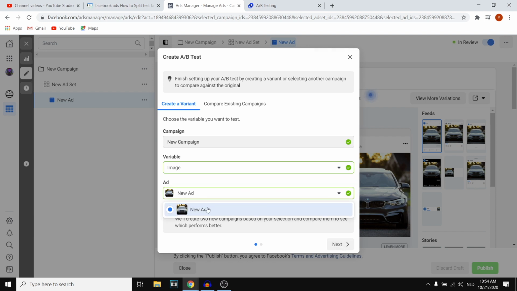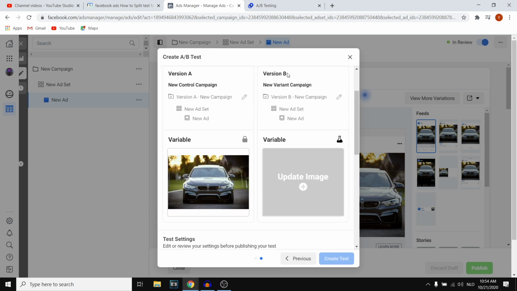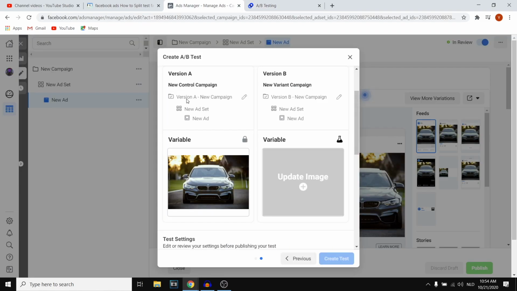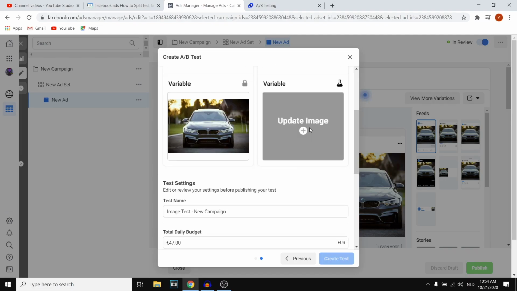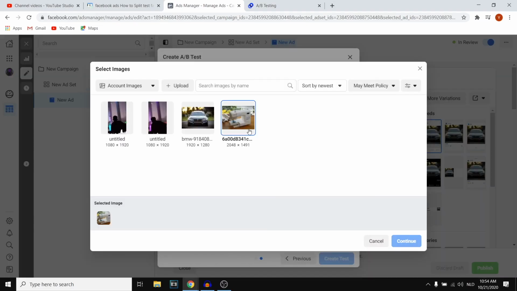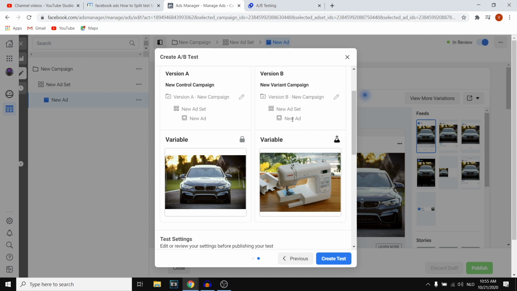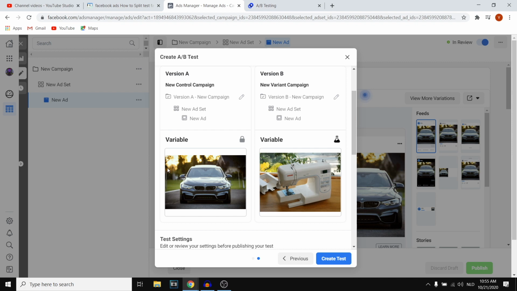Then right there, you'll see the current ad. If you then click next, we can set up version B. So you can see that this is actually correct. So we've got version A, which is our control campaign, and we're then gonna add a new variant campaign. Now we can change the image, so let's click right there. I'm just gonna change to a random image, guys, like this has no meaning or whatever. Once you've got this set up, this will become version B. So this will be the new ad that you're gonna run and test against each other to see which one